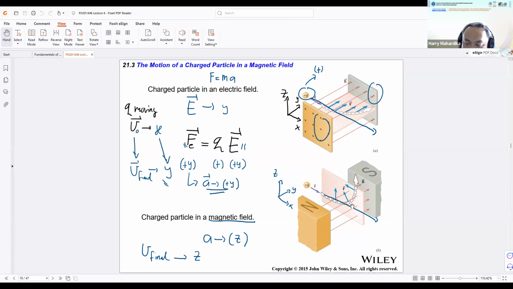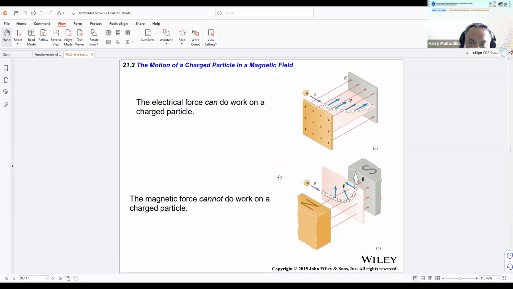However, for magnetic fields, the magnetic force has a different direction from the magnetic field, where the magnetic force will always be perpendicular to the direction of B and also to the motion of the moving particle. So this is a clearer illustration. The electric force can do work on a charged particle, whereas the magnetic force cannot do work on the charged particle